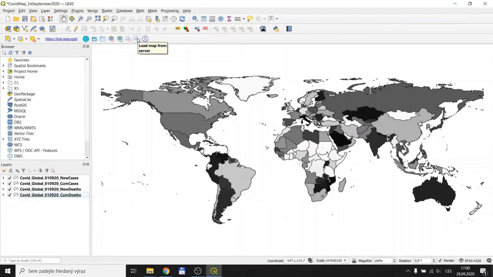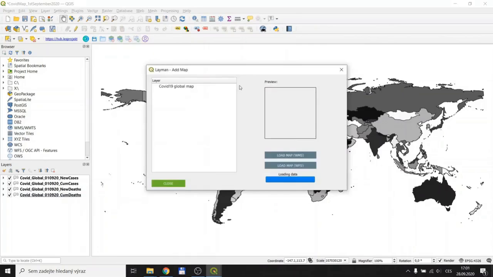And now I can show you how to load maps from hub, and I can choose from my already created map compositions. So I will choose the COVID map of 1st September 2020, and I load the map as WMS.